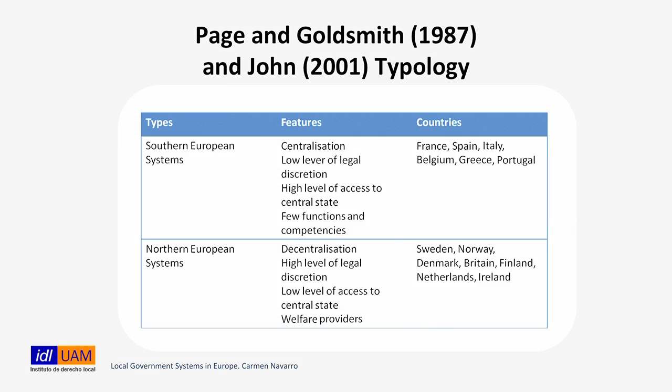These authors in the late 80s looked at European countries and they saw differences in two types of ways of governing or ways of governance. Differences in first, the capacities, the competencies of functions local governments had, and second, the relation and access of local authorities to central authorities. So what they identified were two models or two systems: Southern European countries, low